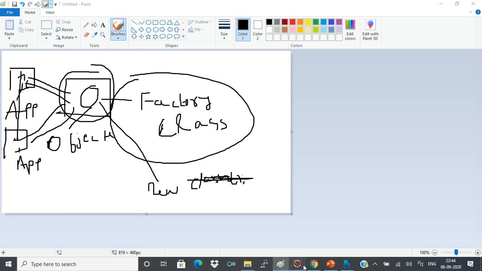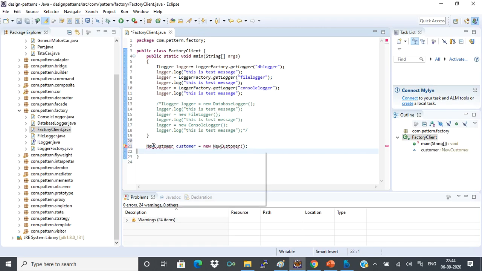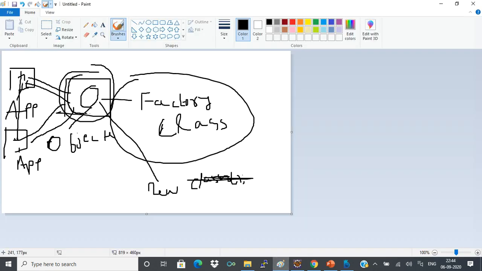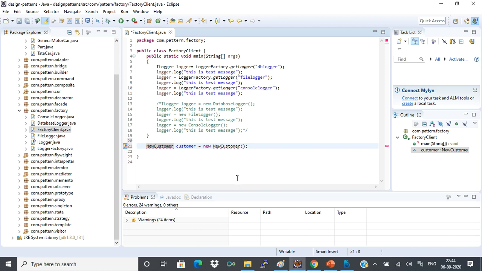But in the earlier example, if there is no factory class and say I'm creating a customer object like this and I'm using this customer object in multiple service classes, say 10 or 15 classes, and tomorrow if there is a change in the class name, I have to change in 10 files or 15 files wherever I'm using. So in factory pattern, I will change only in one place so that my actual business logic classes need not get disturbed. So in this way, I'm achieving a best practice.